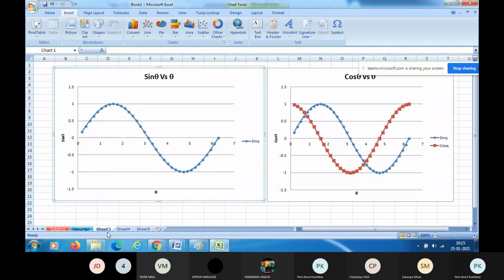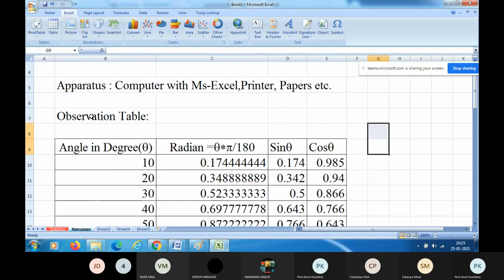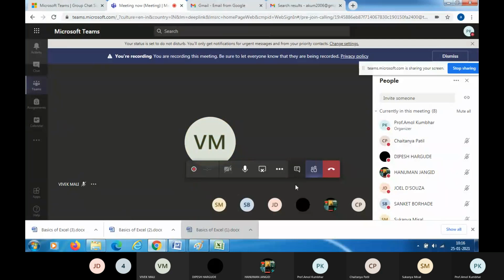Is it clear? Anyone have a doubt? Any doubt is there? Hello? Sukanya, Hanuman, hello, hello, Deepesh, Chaitanya, any doubt is there?